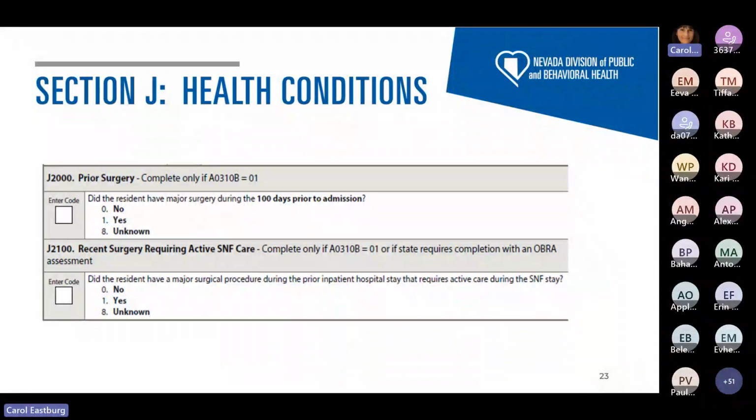I got some questions about how major surgery is determined. So the next items we'll go over are in section J, health conditions, where that is addressed. J2000, prior surgery, asks if the resident had major surgery during the 100 days prior to admission. Please refer to page J43 of the manual, where you'll see a complete list of major surgical procedures.